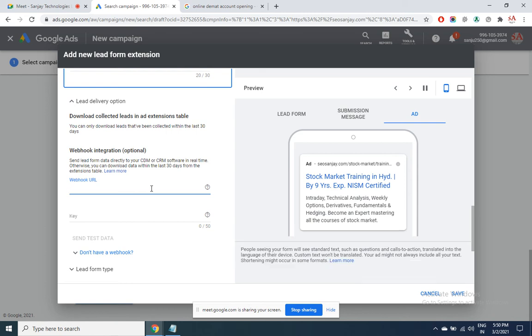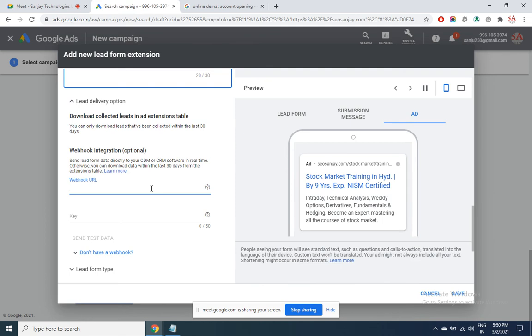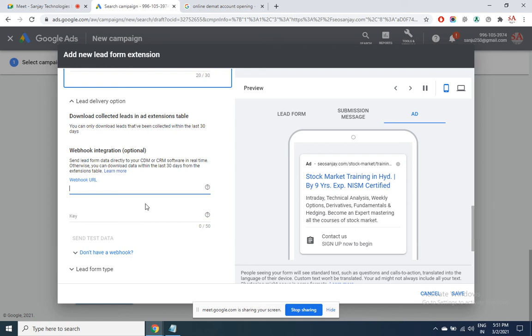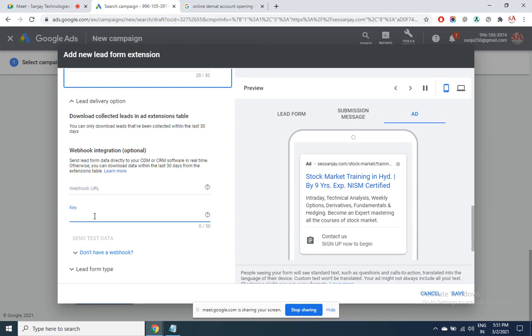So I don't have to log in to AdWords to see how many of them have filled the form. I can log in to my website CRM application, which I am anyway using, in order to see what all leads I've got. For that, an API is required, application programming interface, which is a little technical. People with XML know how to use these options. They generate a key, they use it, they use the webhook method, so many are there.